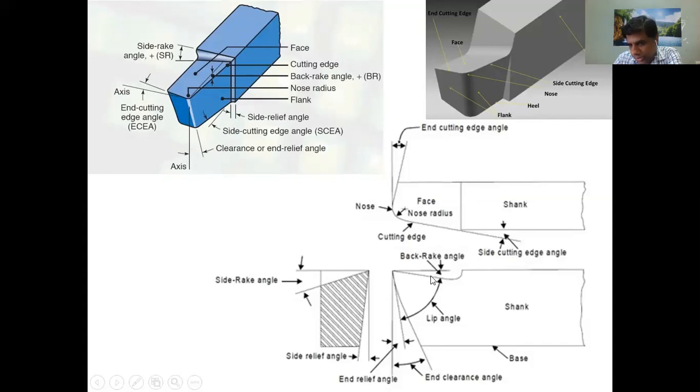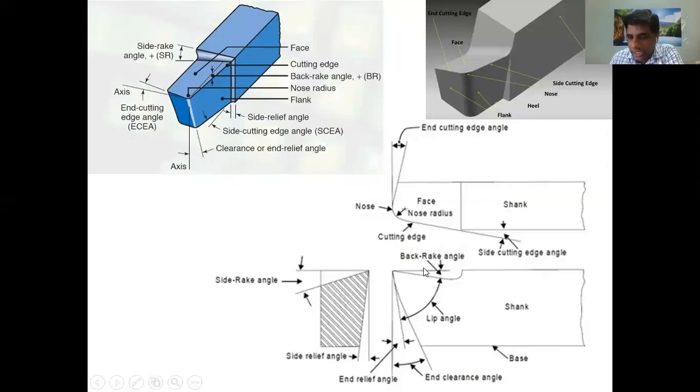This is the cutting edge, the side cutting edge. The cutting edge surface, in the direction perpendicular to your screen, is your face. In this face, you provide some kind of inclination, some kind of angle. This is called the rake angle. The most important parameter in any cutting tool is the rake angle. Because this is going towards the back, if you consider this the front, one end is going to the back, that is why it is also called the back rake angle.